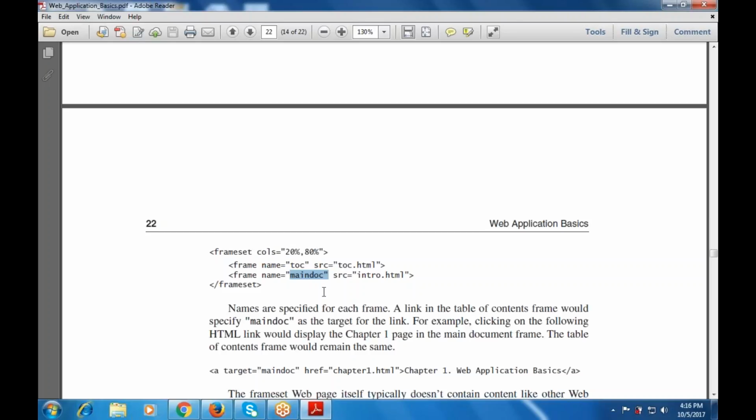And now we have to specify what the content of this 20% will be first, then the 80%. So the first contains one frame, that is TOC.html. The name is given with the src. The next frame is given with the src, that is intro.html. Then the frameset will be closed. Now these names are specified for each frame,